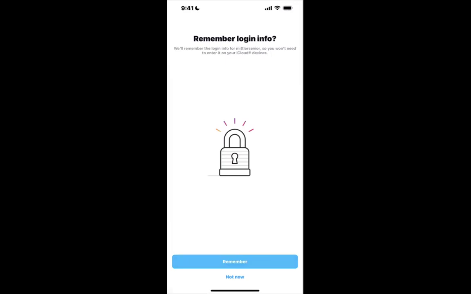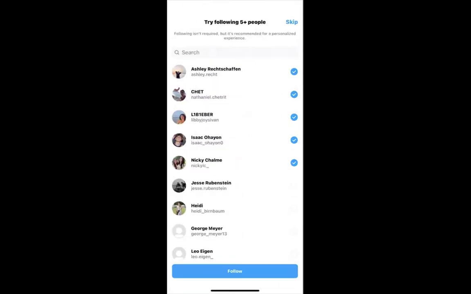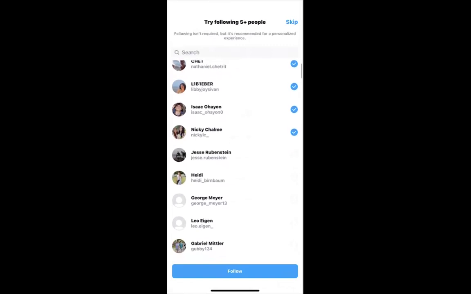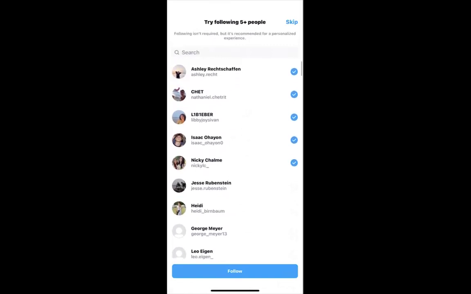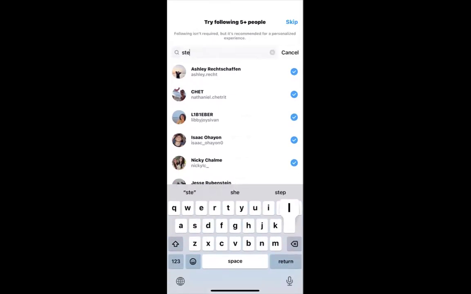And then we also have to remember login info. So when it says remember login info, this is where you let Instagram stay signed into your account, which I would recommend saying remember, just because it's easier. If you ever have to sign into it again, it remembers it. Okay. Then if you guys remember from a few minutes ago when it asked you to allow access to your contacts,